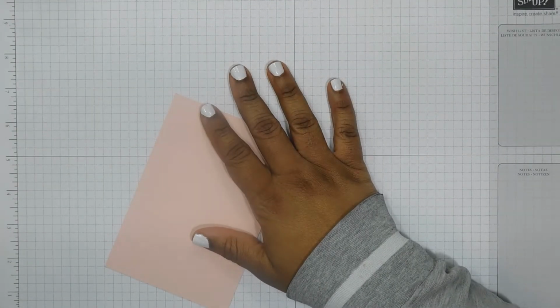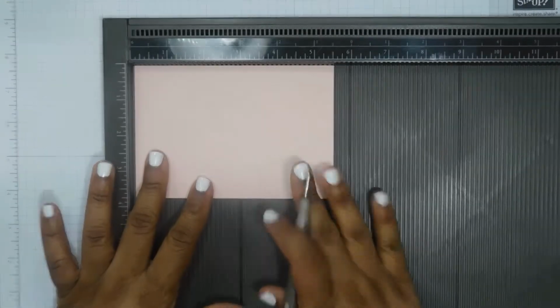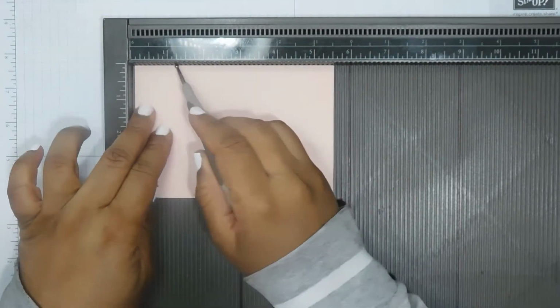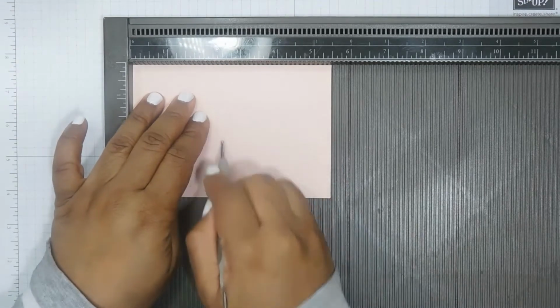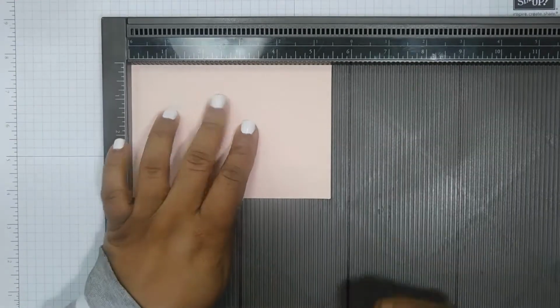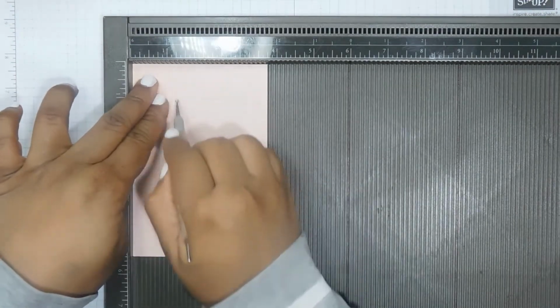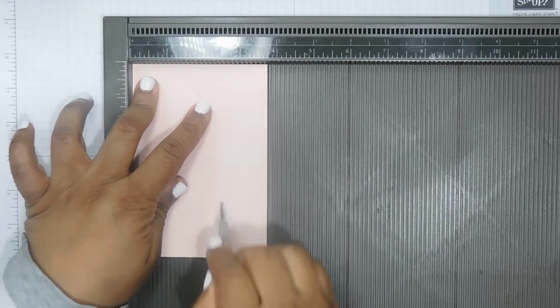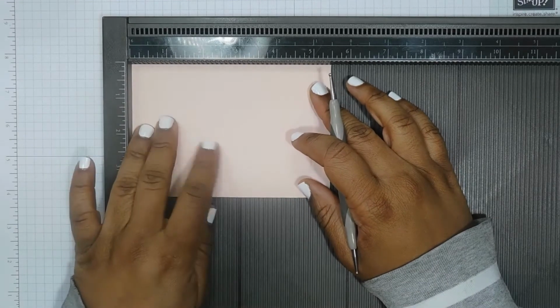Then you're going to grab your scoreboard and on the long side, you're going to score it at 1 1/4, 2 1/2, 3 3/4, and then at 5, and then turn it 90 degrees and score it at 1 1/4 and 2 1/2. Okay, so before you take your scoreboard away, you just need to turn it back to the first side,